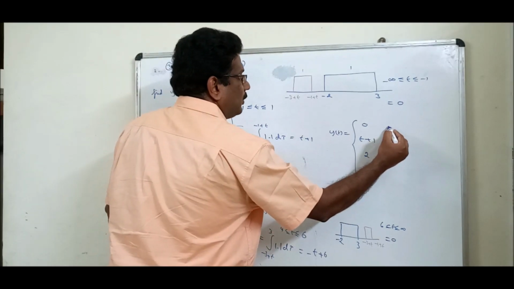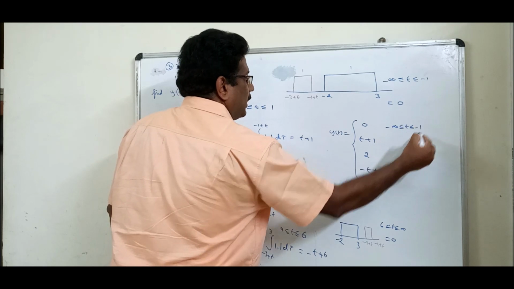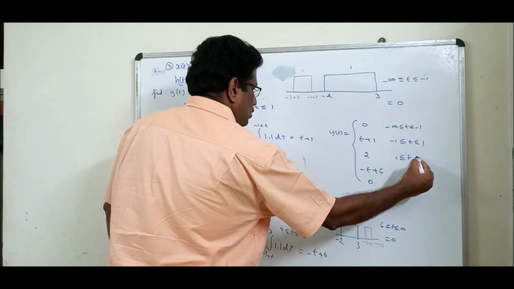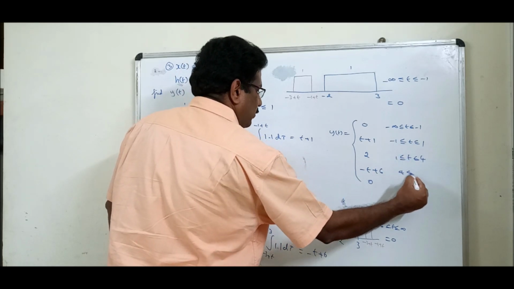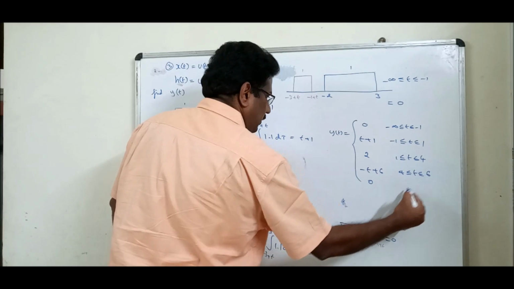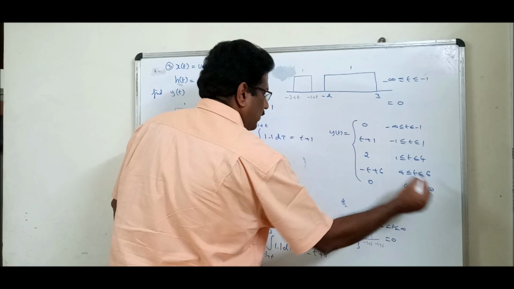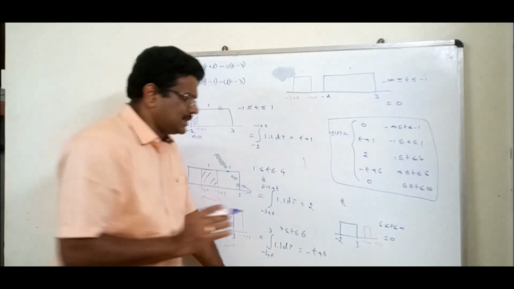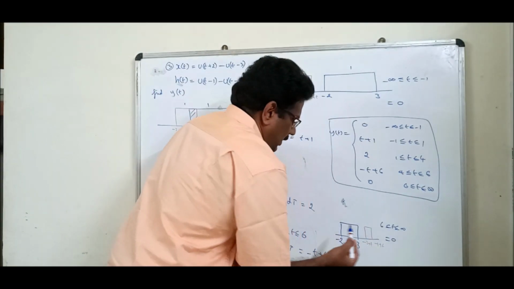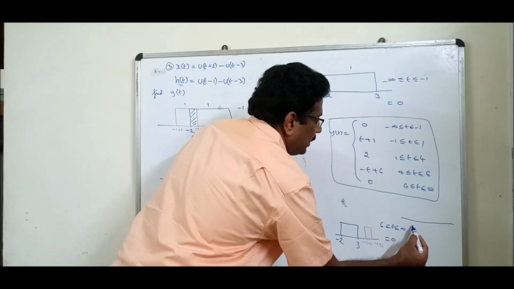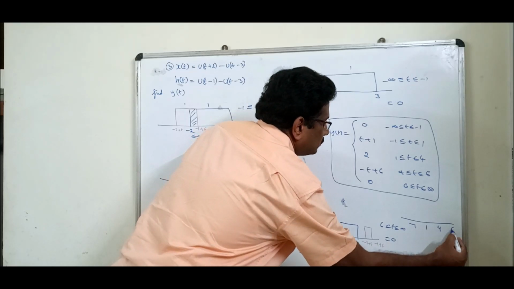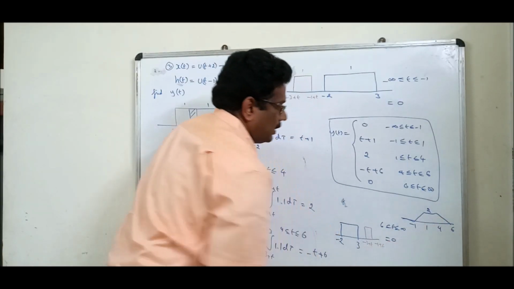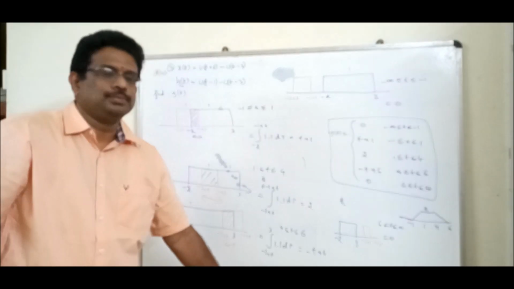Where to where you should mention. It is minus infinity to minus 1. This is minus 1 to 1. This is 1 to 4. And this is 4 to 6. And this is 6 to infinity. Okay, this is the final answer. No need to sketch this. In case you want to sketch, the result will be like this. So constant, then it will be like this. If you want, you can plot it. So this is the result of the conclusion. Thank you.